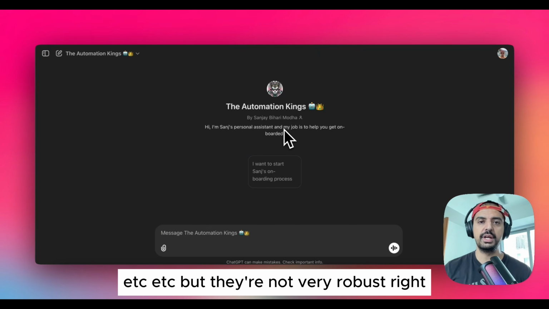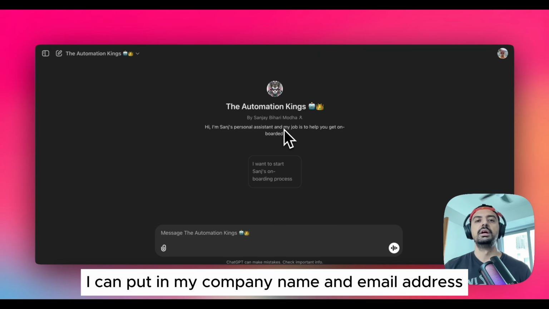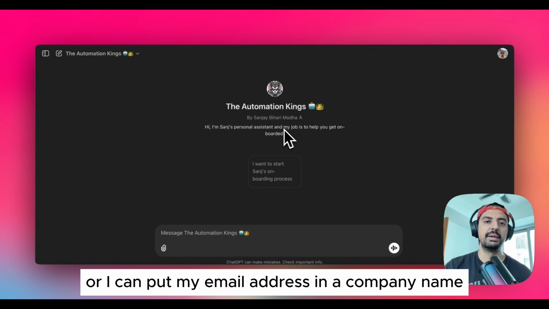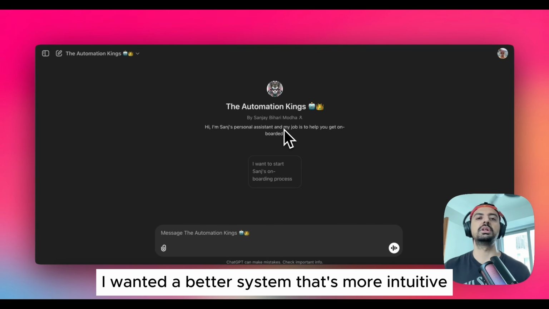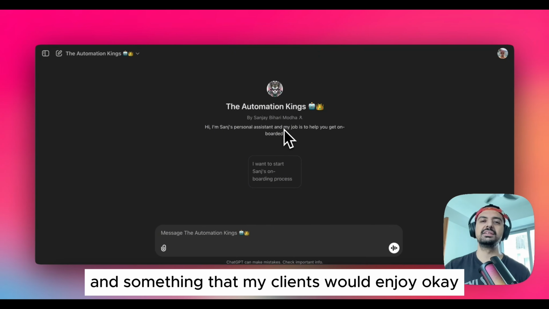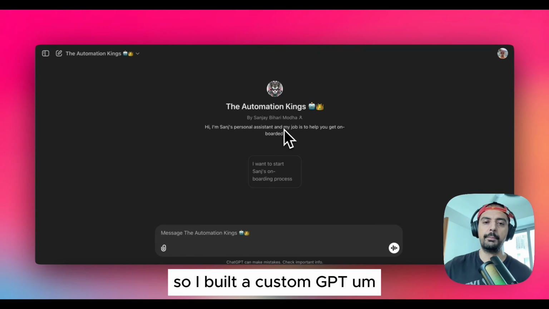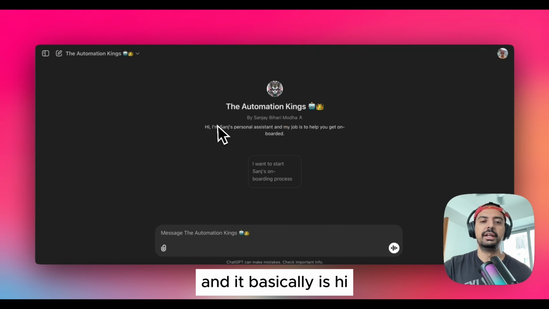But they're not very robust, right? Like I can put in my name, I can put in my company name in an email address, or I can put my email address in a company name, and it doesn't really catch this, right? So what I wanted to do is I wanted a better system that's more intuitive and something that my clients would enjoy. Okay, so I built a custom GPT for my brand, The Automation Kings, and it basically is, hi,